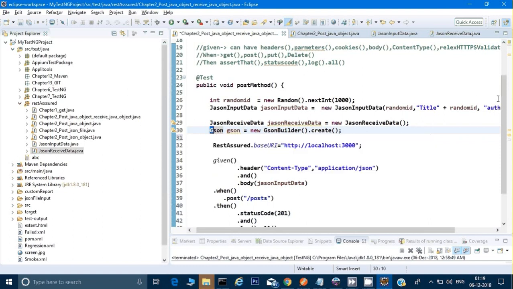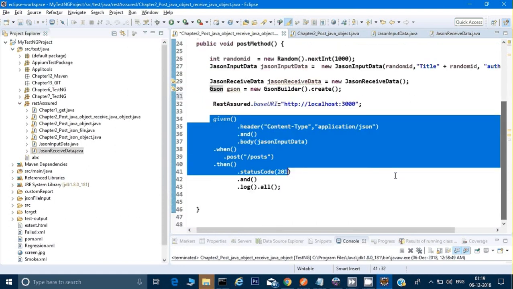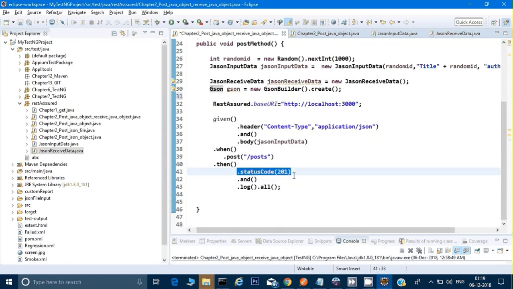All right, so once we have created the receiving object and once we have created an object, what we need to do, if you see here, in the given when then, we are just asserting a status. We are not doing anything else. But let's say now I want to assert the data also which I am getting. So I need to go ahead and store a response. So I will do response, response